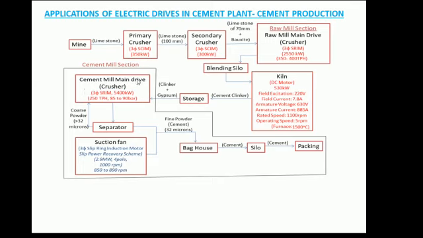This cement mill main drive uses a 3-phase slip ring induction motor with a power capacity of 5400 kilowatts. A minimum of 250 tons per hour of clinker plus gypsum can be loaded to the cement mill main drive. That means the capacity of the cement mill main drive is a minimum of 250 tons per hour. So you can load the mixture of clinker plus gypsum with a weight of 250 tons per hour to this cement mill main drive. The function of this cement mill main drive is to crush the mixture of clinker and gypsum.